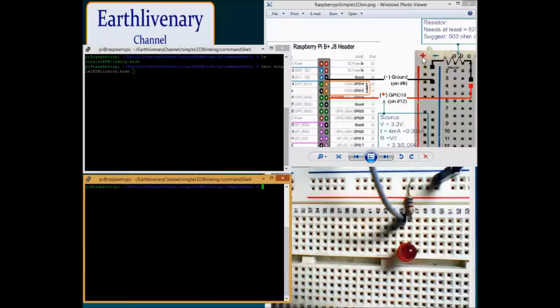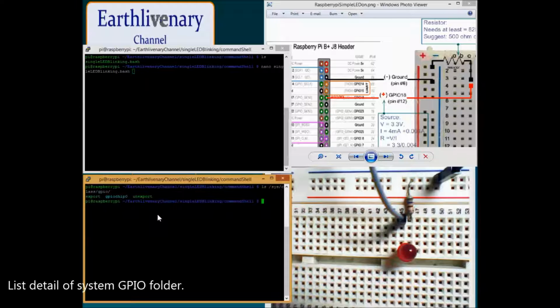This circuit runs in the Raspberry Pi command shell. See this one, GPIO, I will show you how to do that.